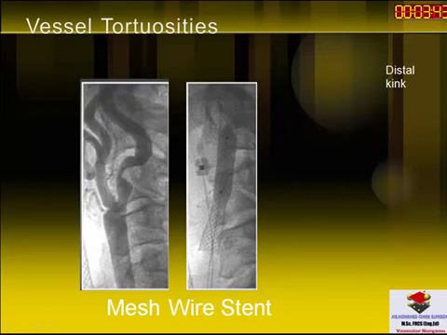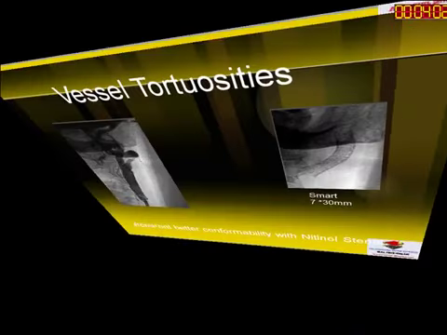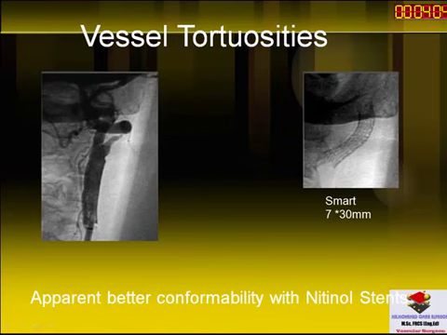Regarding vessel tortuosity, you have to remember that the Nitinol stent will follow the curves of your vessel. For example, here you can see that the mesh wire stent in a tortuous vessel will shift the kink distally. You can see now the distal kink has been shifted up. If you have more curve, this can be a problem. But if you put